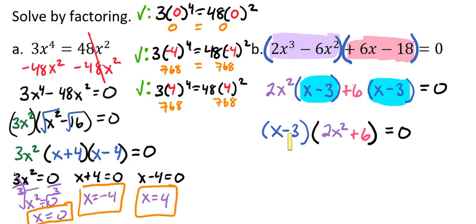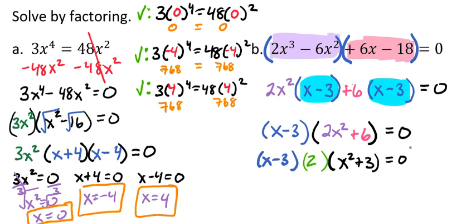Now notice here that this is simplified. We can't reduce that anymore. But if we look right here, we can actually take a 2 out of that piece. So we're still going to have our x minus 3, but we're going to take a 2 out of our 2x squared plus 6, and that's going to leave us with x squared plus 3